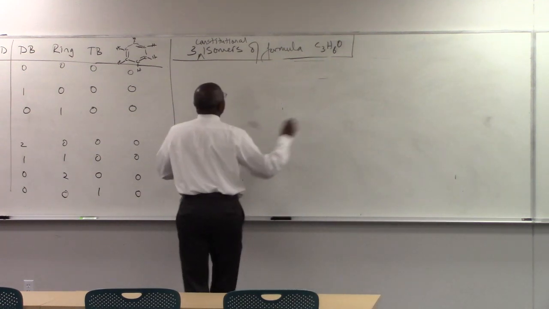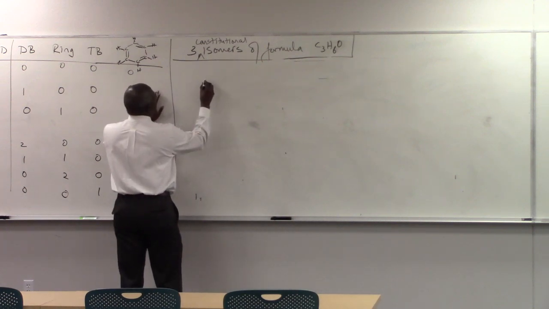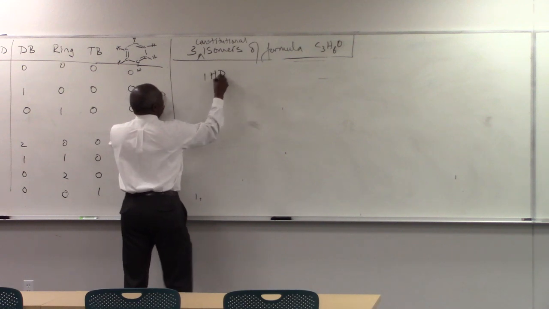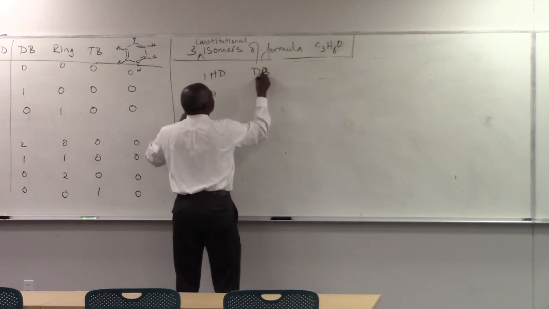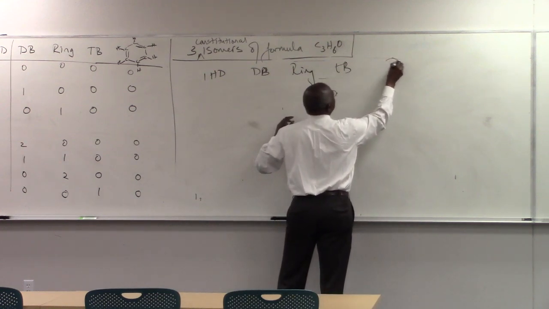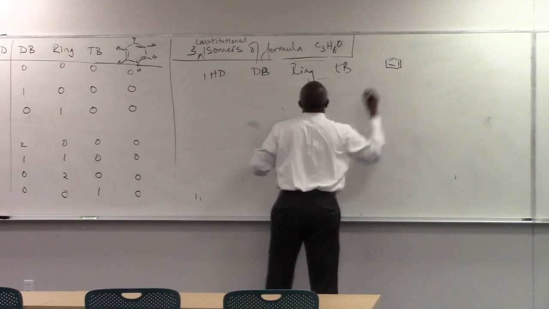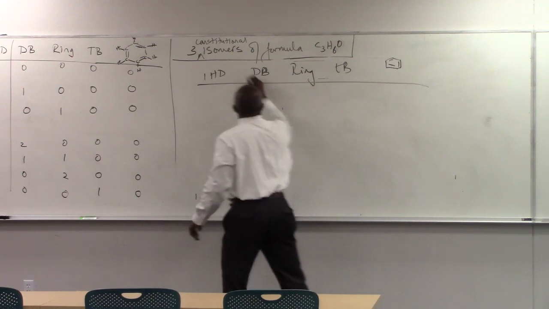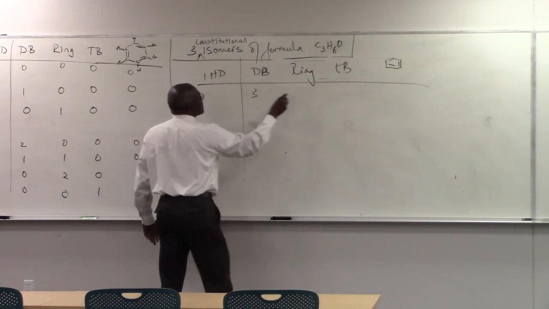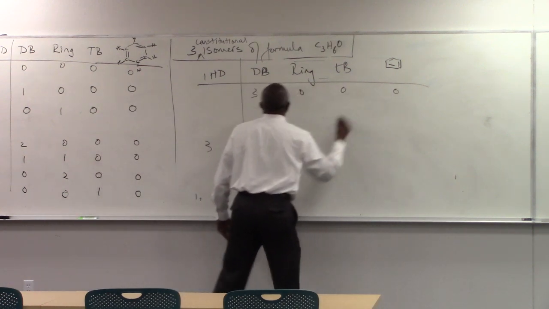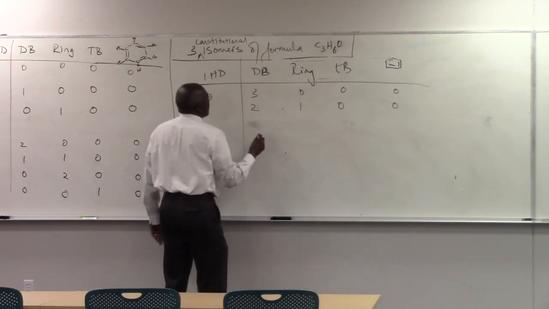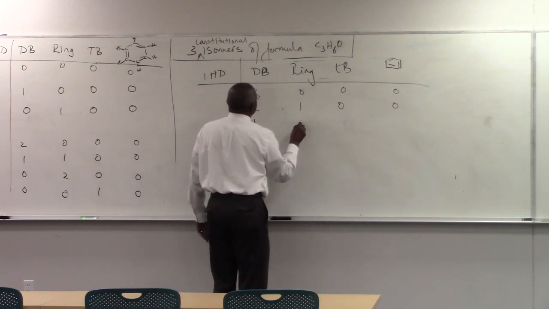Okay, let me do 3 HDIs. So again, it would be IHD, double bond, ring, triple bond, benzene. If I have 3, I can have 3 of these, none, none, none. 2, 1, none, none. 1,